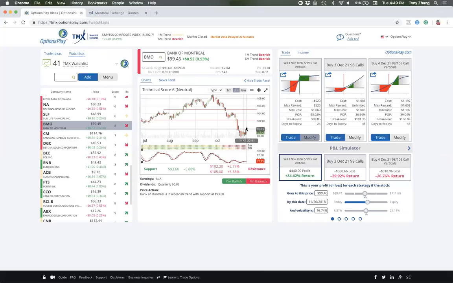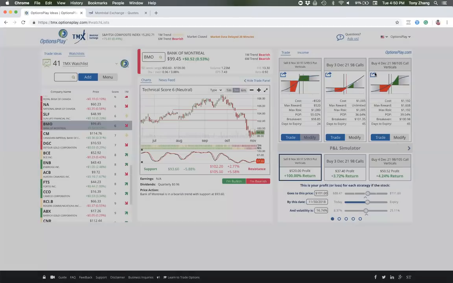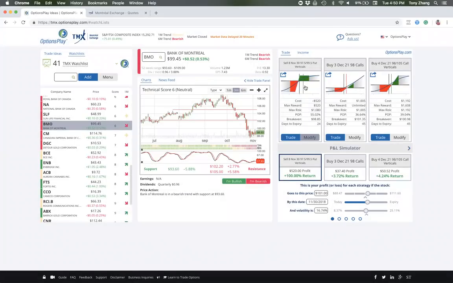Now, I said before that I do think it can maybe move up to 101, 102 modestly. So let's take a look at what that looks like. The stock goes up to 101, so it moves a couple of dollars higher, mildly higher. One of the things I want to point out is that when you get a buy signal from a momentum indicator like the stochastics that I have here, the indicator doesn't give you any sense for how far the stock's going to move. So just because you get a buy signal is not necessarily